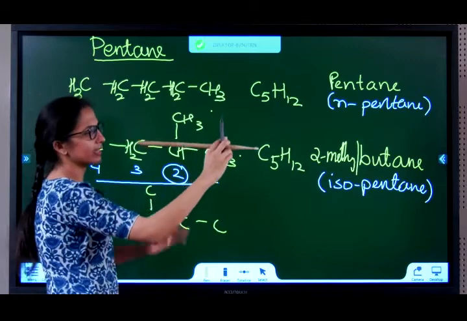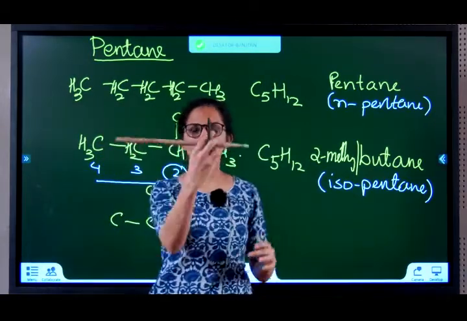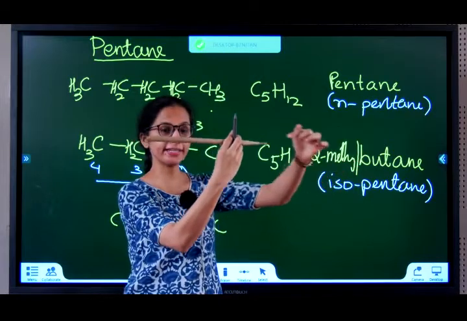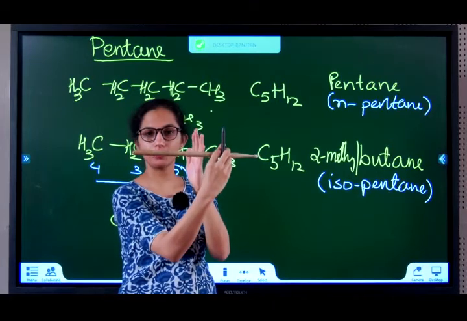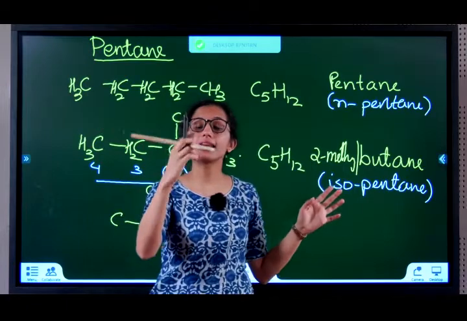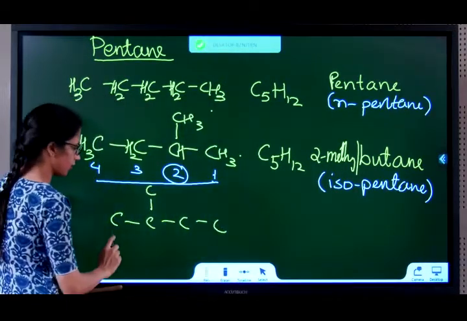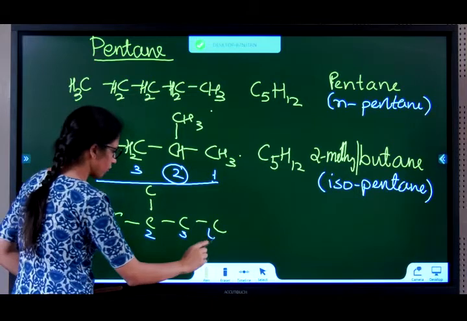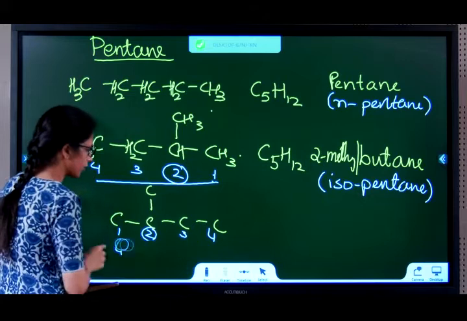Now see here, you are seeing it from here, position 2. If I simply turn this from here, so for you from right it is position 2. For me from left it is position 2. So are you seeing? So basically it's the same compound. How do I know that, ma'am? You can try the numbering order. 1, 2, 3, 4. 1, 2, 3, 4. Lower number 2. So you stick to this number.